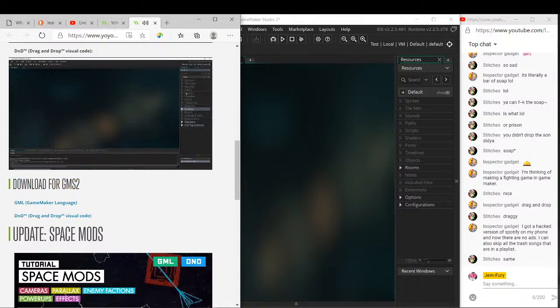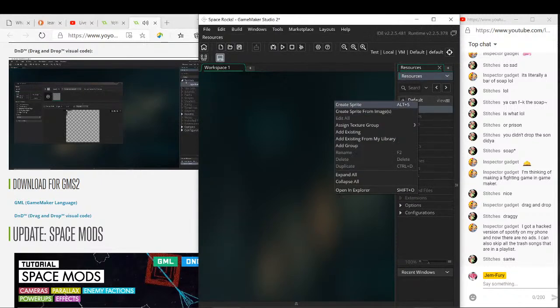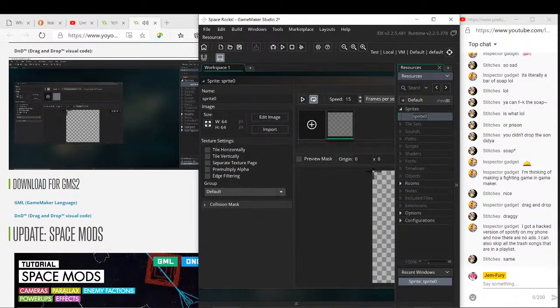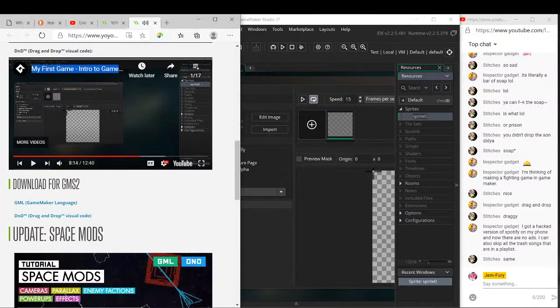And we'll go into these in more detail in the coming tutorials, but for now I'll just introduce them to you. So a sprite is going to be any image that is in your game. So all your characters, all of your backgrounds, all of the tiles, those are going to be represented in GameMaker as a sprite. So let's go ahead and create a new sprite by right-clicking here and hitting Create Sprite. So the new editor is going to pop up here and it's going to prompt you